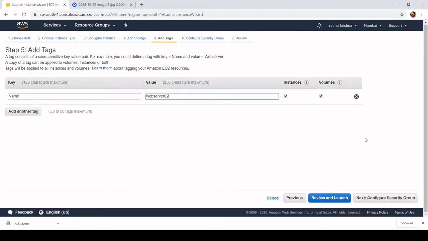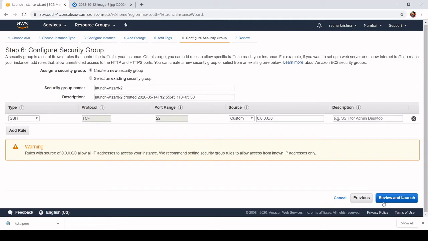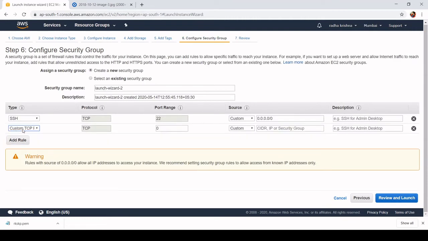And click on configure security group, and we are going to add our HTTP rule to this, and our security group name will be launch wizard 2 for our second instance. For our first instance it is launch wizard 1.